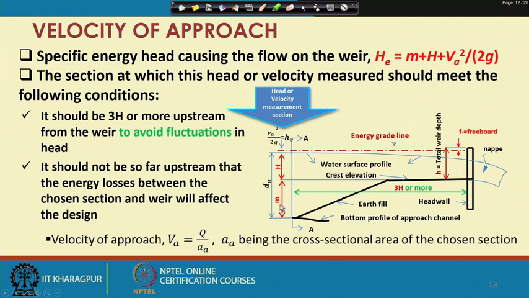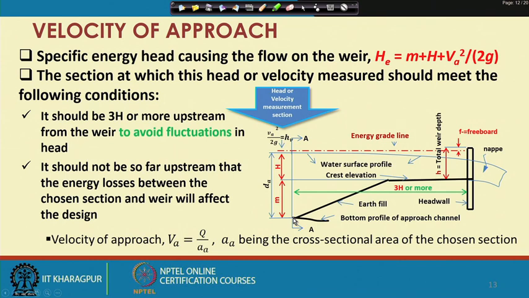Usually m remains at the level of the bottom profile of the approach channel, but many times m is also a little bit negative. In that case, the bottom profile of the approach channel is just above the crest level, but it is generally kept at the same level as the crest elevation. So, in that case many times m is equal to 0,